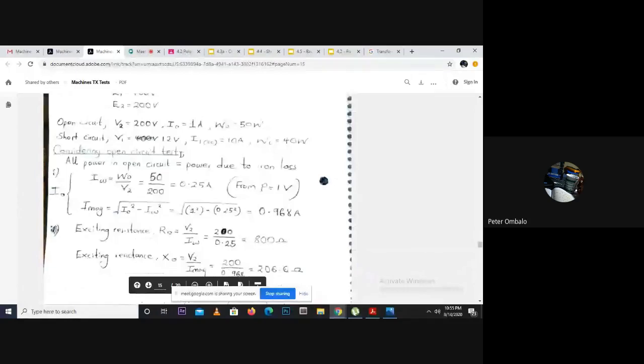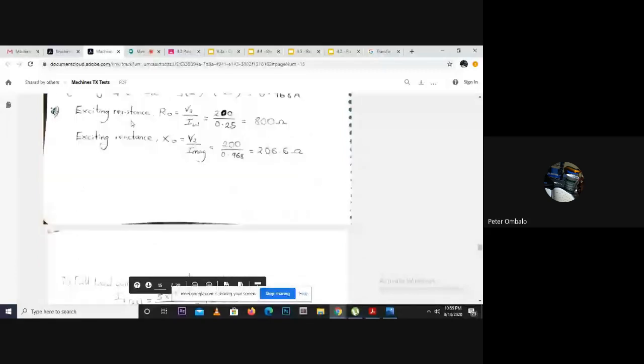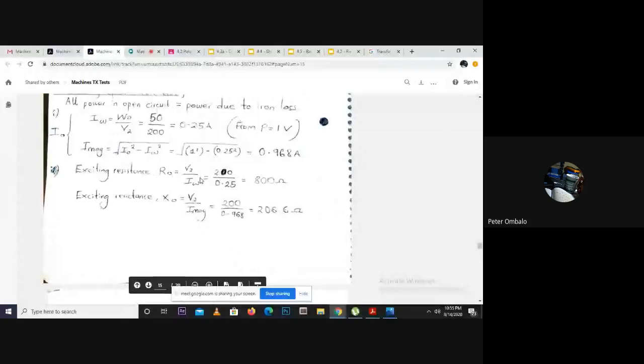Considering an open circuit test, again, this procedure. We first obtain the iron magnetizing component, and then we can get R from V equals IR. It's just V is going to be the same, which is V2. It's just going to depend on which components. On full load current,